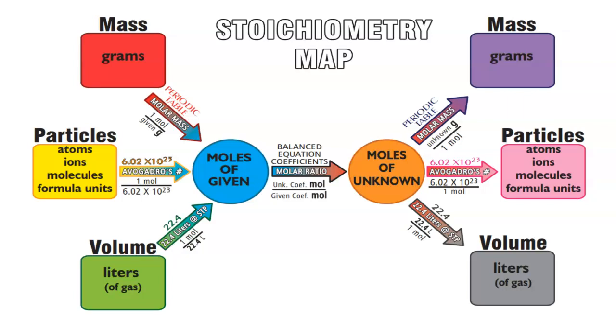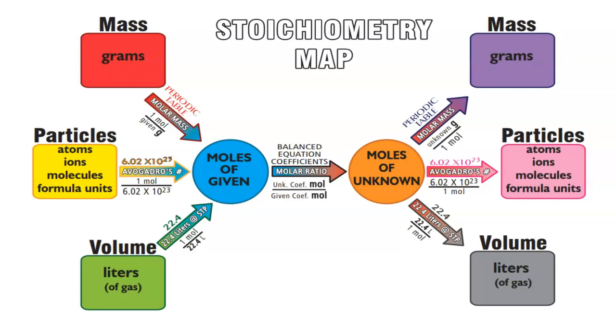So this map is just a helpful visual that shows you the conversions that you need to use in order to do stoichiometry problems, right? So we are getting to the end of the unit. Well, we are at the end. This is the final lesson. So at this point, you've done everything. Like you've done the particle conversions, the mole conversions, the ratios, the percent hydrate, all that stuff. You've finished that. This map just helps you pull it all together and it allows us to do multi-step problems,